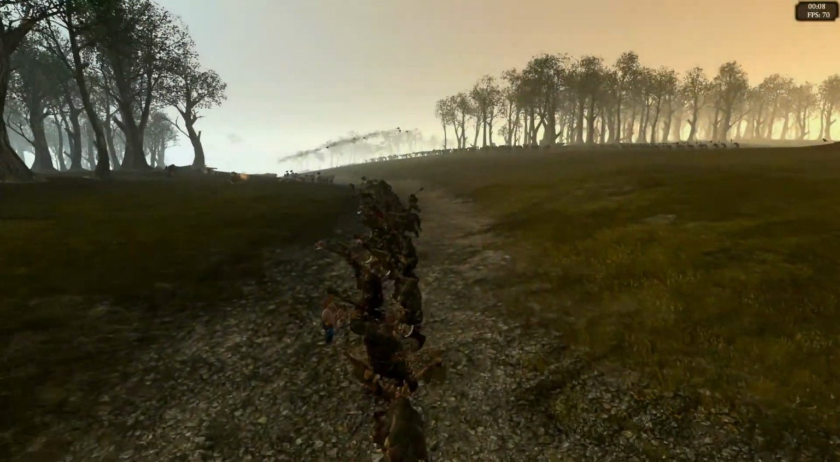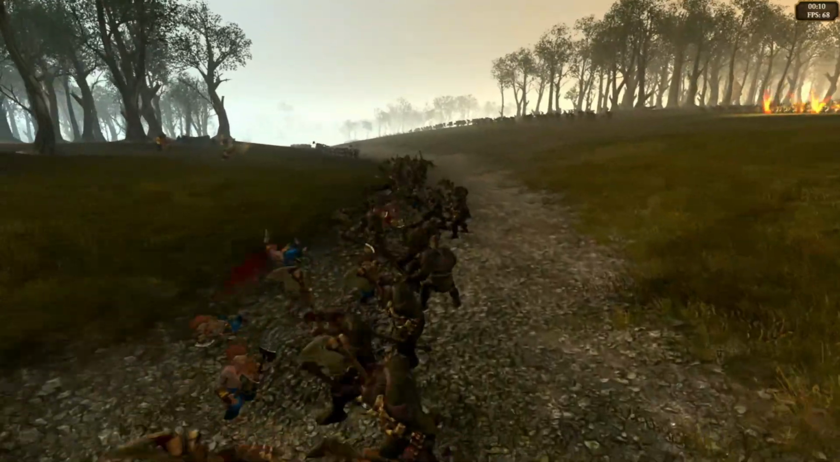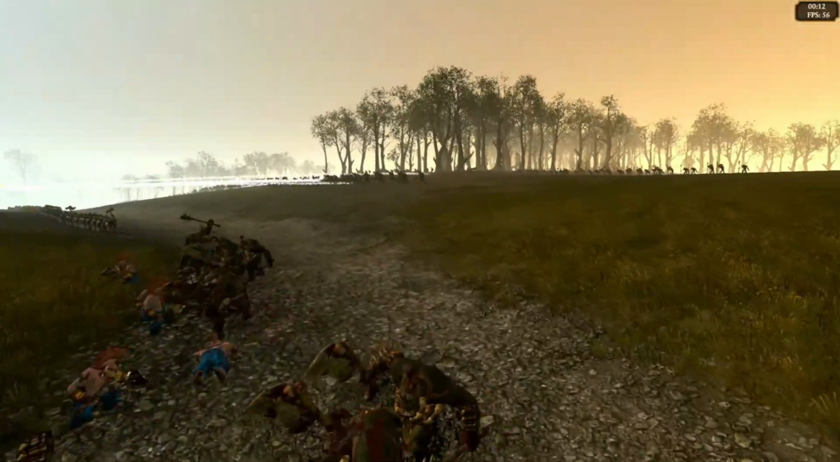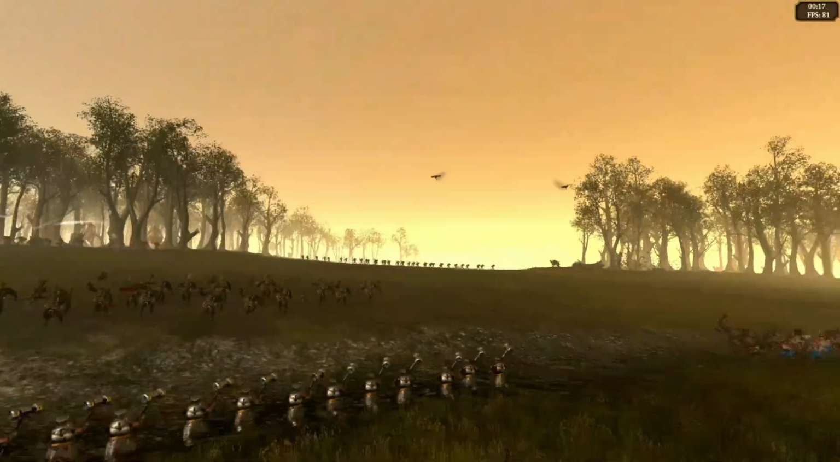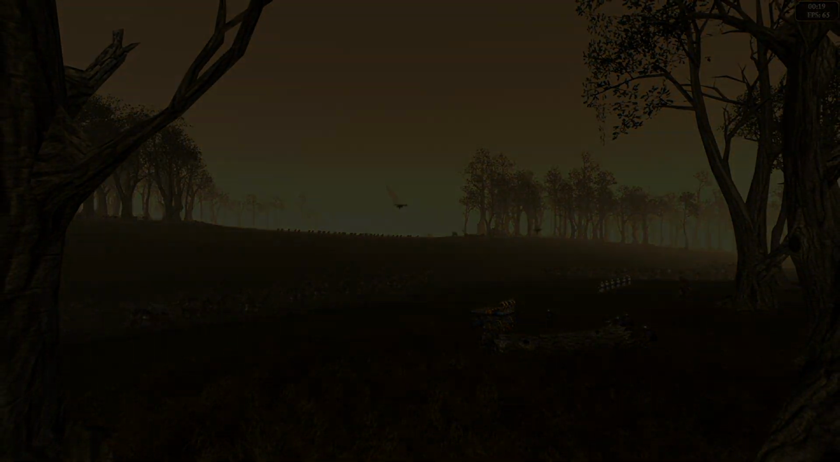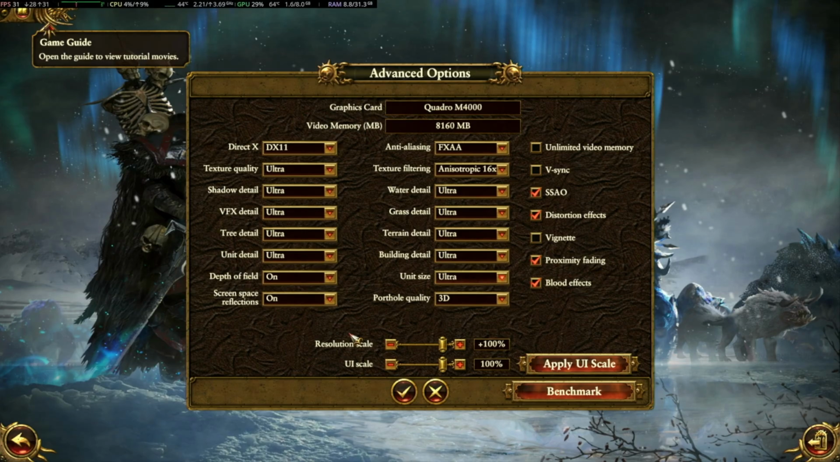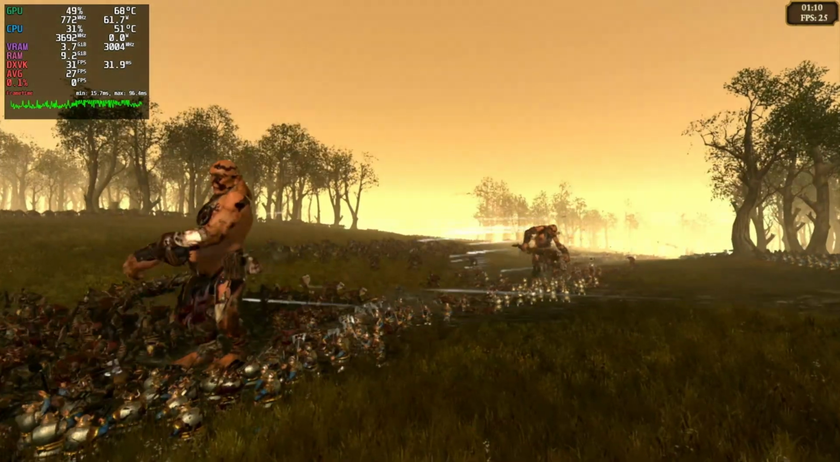So Total War Warhammer is another game that's about the same age as this hardware. So it'll be interesting to see how it runs on the two operating systems. So I tested Total War Warhammer at 900p Ultra with anti-aliasing set to FXAA. At 900p Ultra,